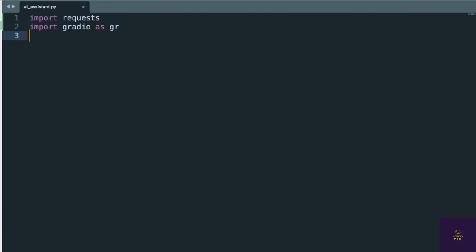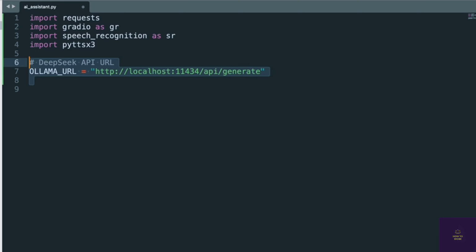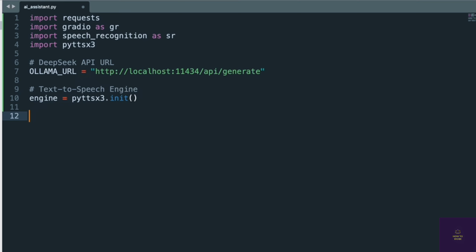Next, import Gradio as gr. Next, I'm going to import speech_recognition as sr. And then I'll import pyttsx3, which is Python text to speech x3. Next, I'm going to say DeepSeek API URL, Ollama URL equal to the same generate API. Next, I'm going to say text to speech engine equal to pyttsx3 init. This will initialize my Python text to speech, which will convert my text that I get from DeepSeek into actual